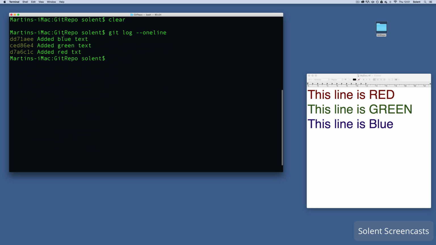Okay, so with that in mind, we're going to go back in time. Now, our red one here was our first initial commit, then we'd added some green text, and then finally we'd added some blue text, which is represented here in our document. Now imagine if we wanted to go back in time. We wanted to go back to where it was when it only had the red text. So what I can do here is I can go git